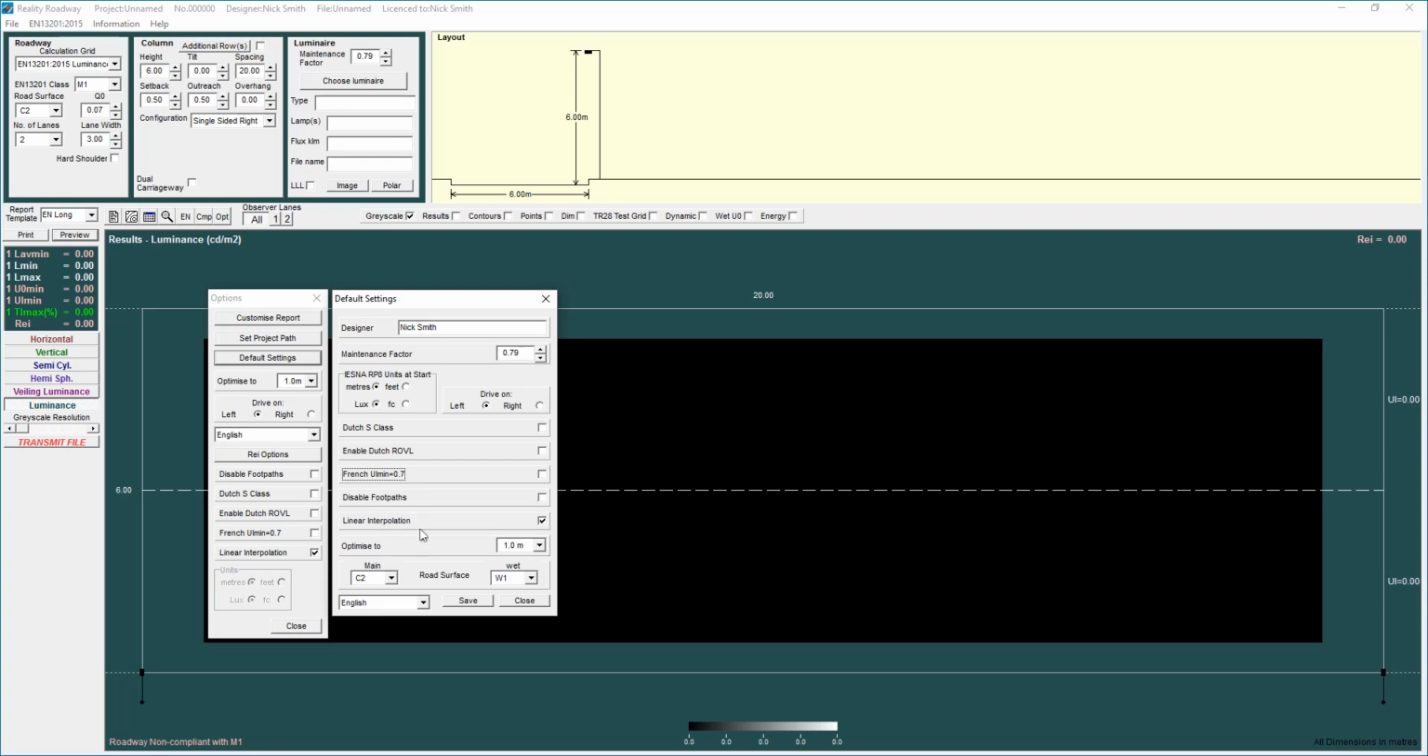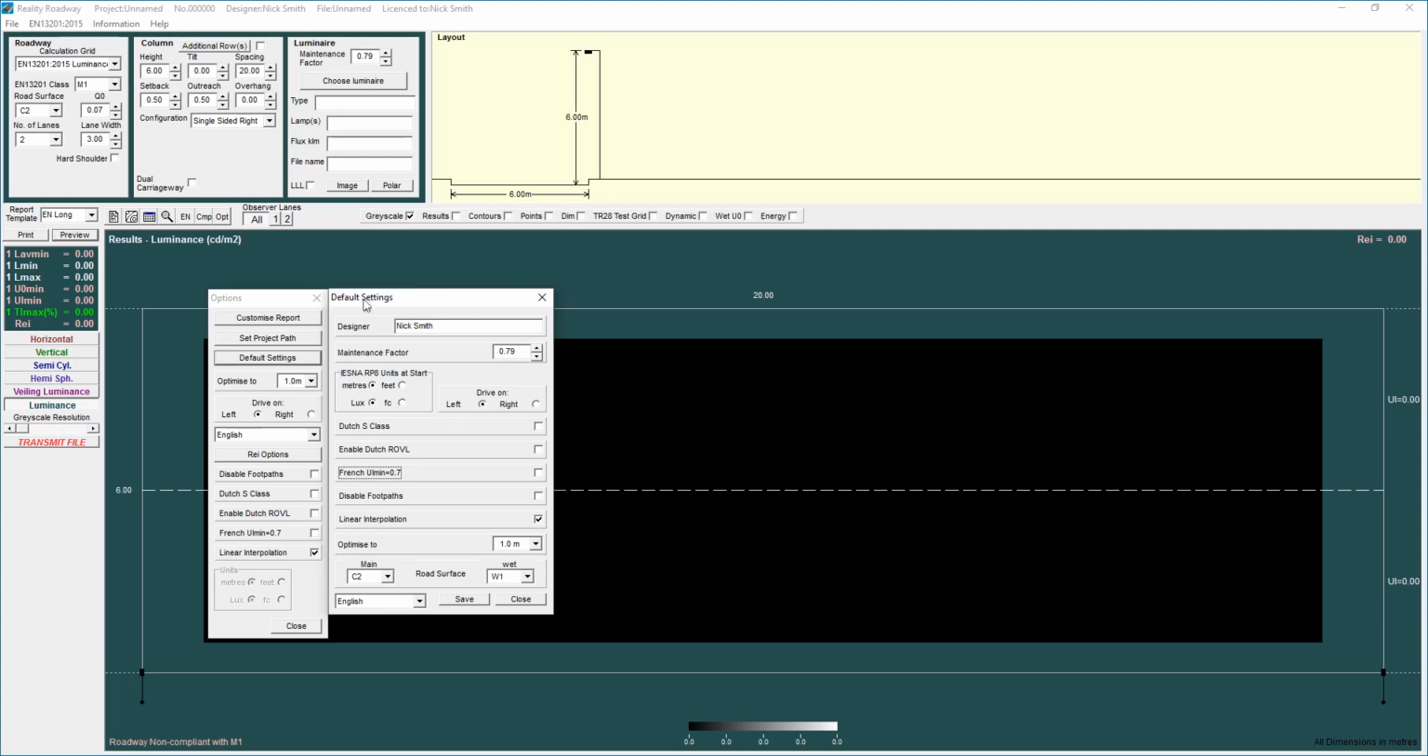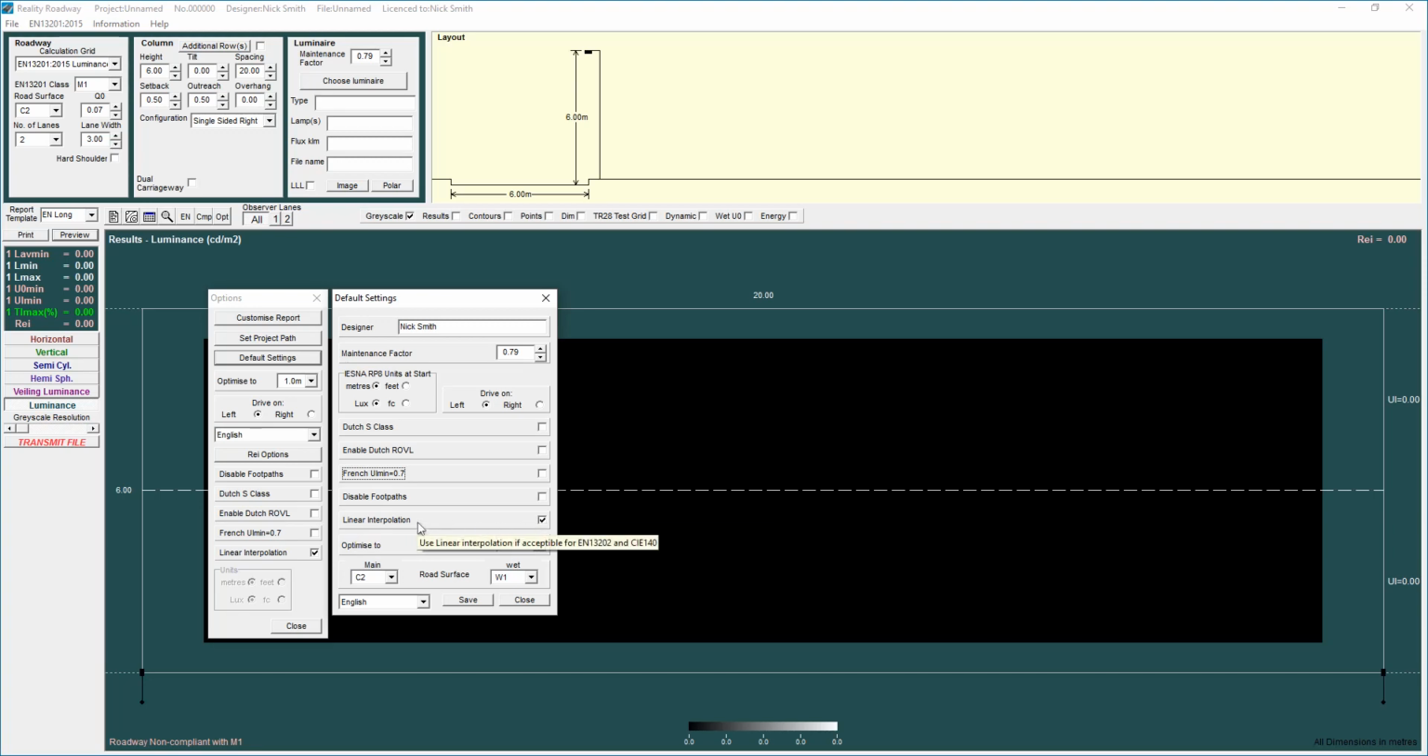And linear interpolation, this is used for some of the earlier grids, particularly the EN13201 2013 grid, where there was an option in there to apply either linear or quadratic interpolation. Unless you know what you're doing, I would leave that alone. I have mine forced, so it sets